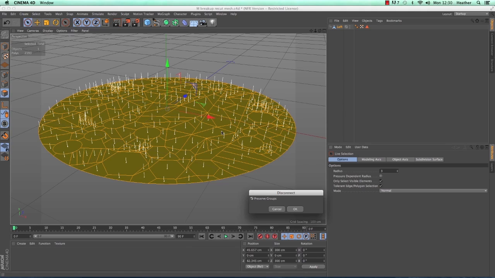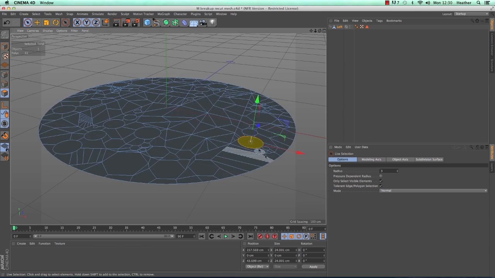If I just clicked OK now, absolutely nothing would happen. So I need to untick preserve groups and then click OK. Now if I move this polygon up, you can see that it completely separates away from the rest of the mesh, and it should be exactly the same no matter what polygon I select and pull up, like so.